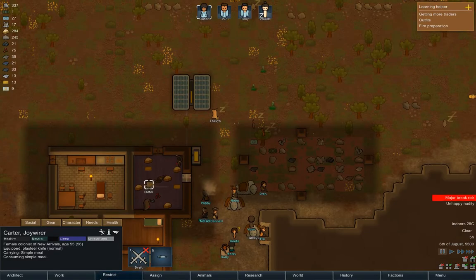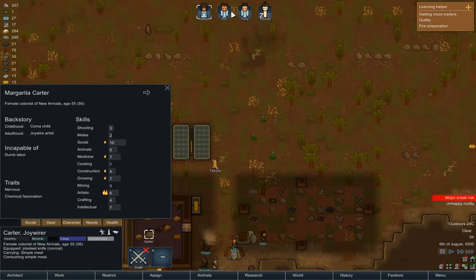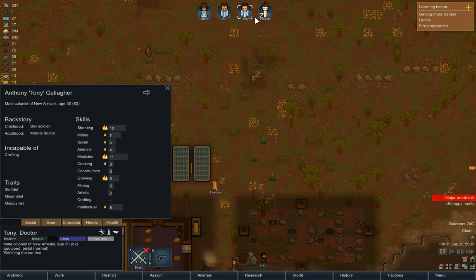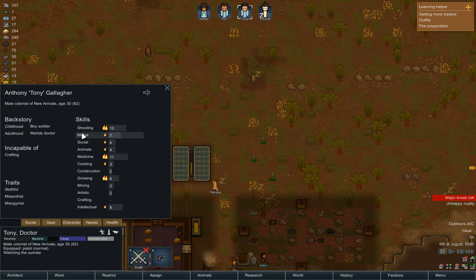Who's going to use it as a shooter? Hey, Carter, you cannot shoot, I don't think. Can you? Yes, you can. You got 3 in shooting. 8, 10, and you are a pacifist. So